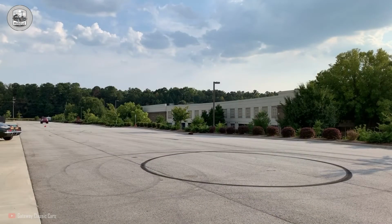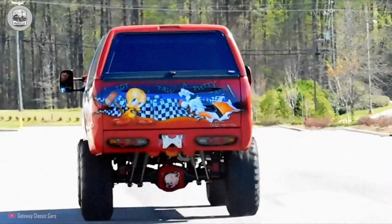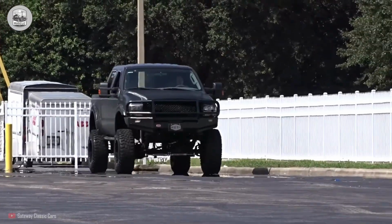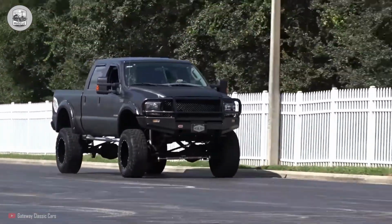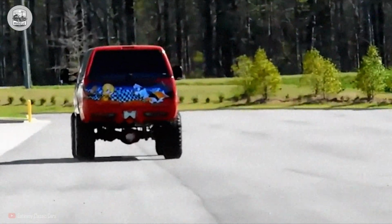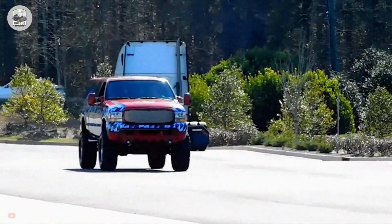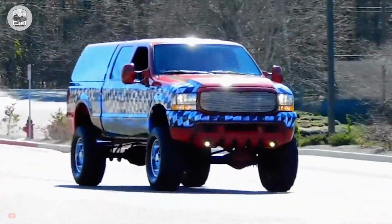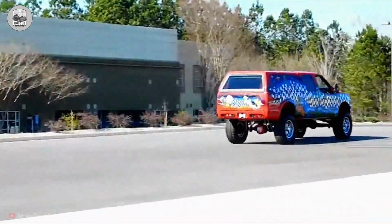From towing fifth-wheel trailers across the Rockies to idling in sub-zero weather for hours, the 7.3 Power Stroke just kept working. Many original owners still run these trucks today with 500,000 to 1 million miles on the clock and no major rebuild. Its reputation was so strong that when Ford replaced it with the more complex 6.0-liter, the backlash was immediate. The 7.3 wasn't sleek or modern, but it was durable to the core, and it earned every mile of its legend. But the next engine,